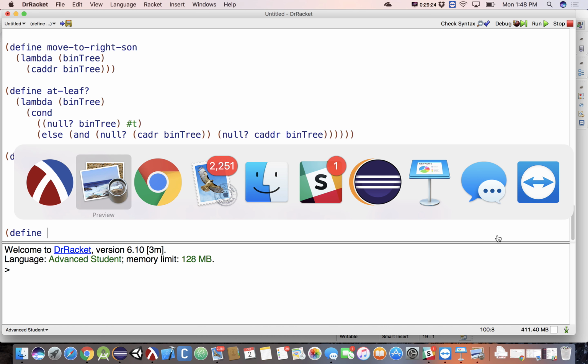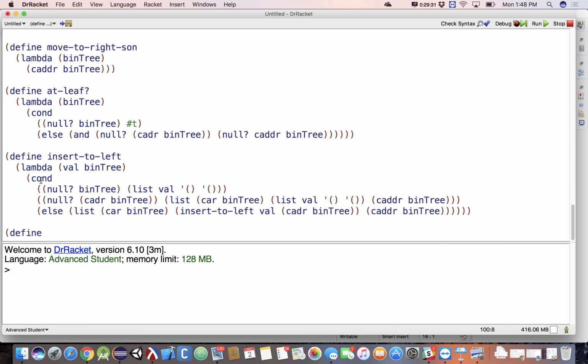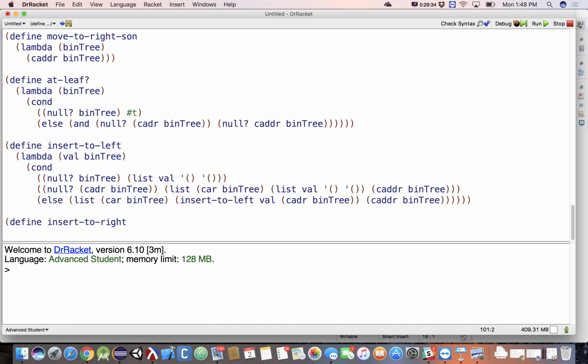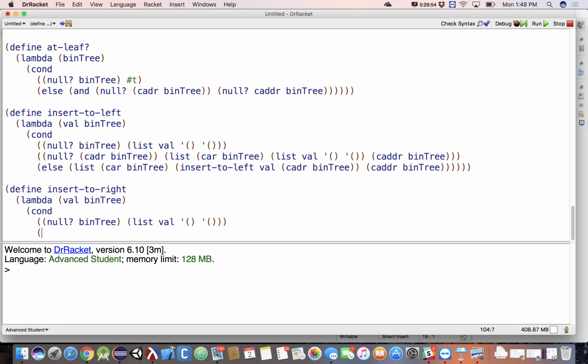And then insert to right, I assume, is the other one. This guy is going to be a lambda, takes in a val, takes in a bin tree, going to be pretty similar to what we just did. Cond, if we're looking at null bin tree, go ahead and return a list containing val and two empty trees. Otherwise, we care about the right subtree being null. So else if null,